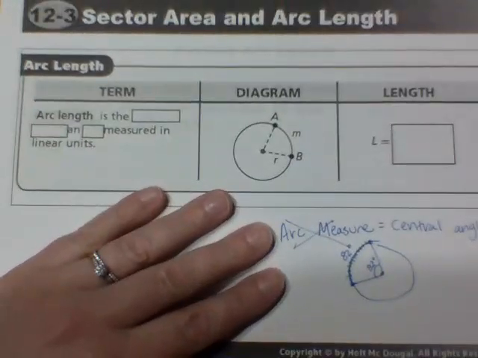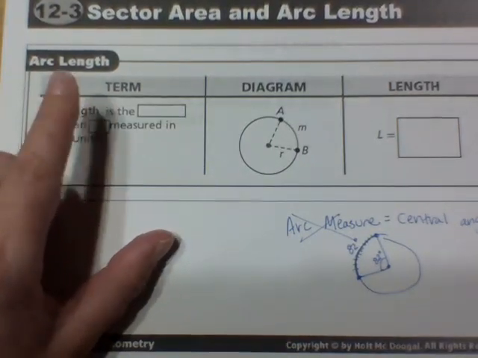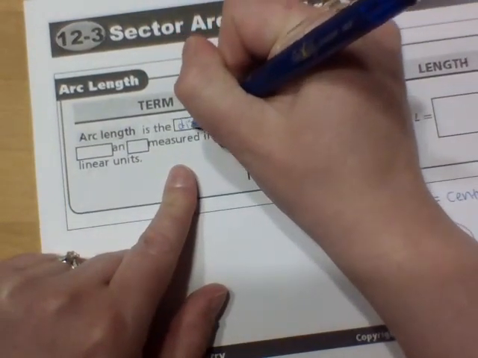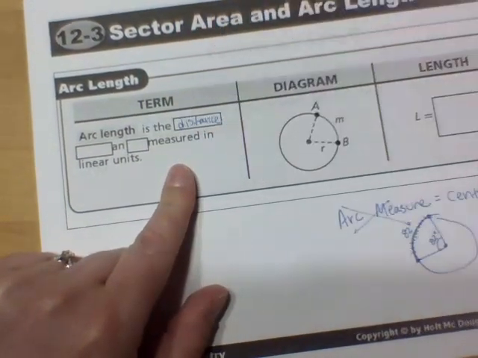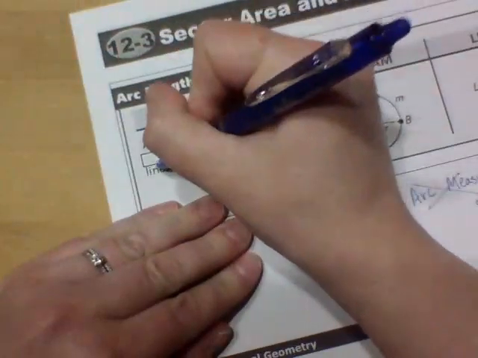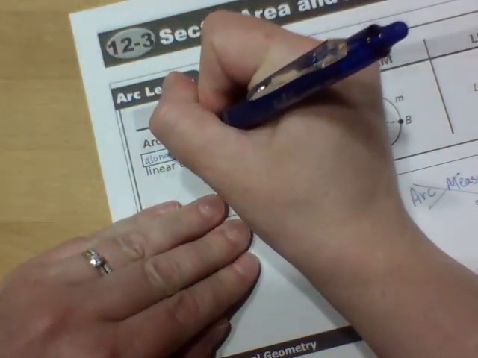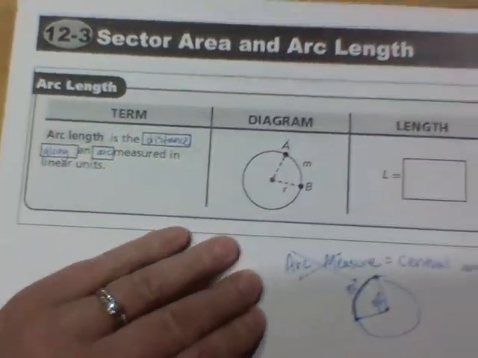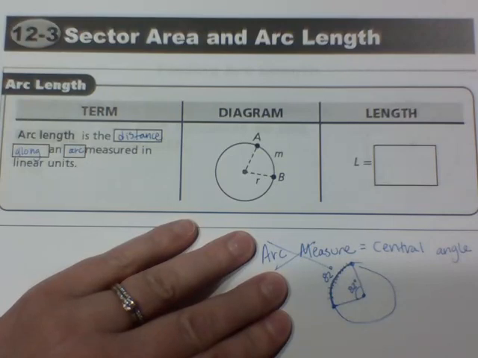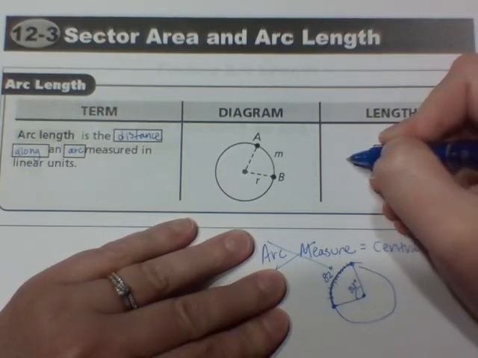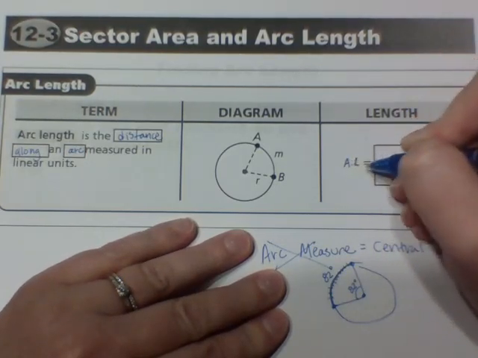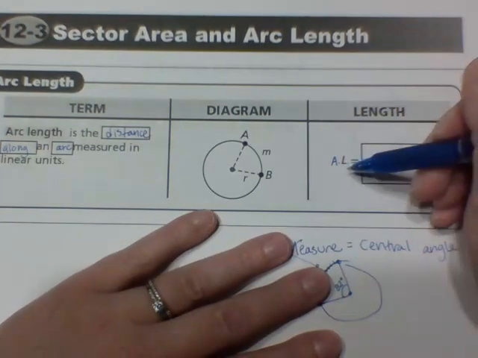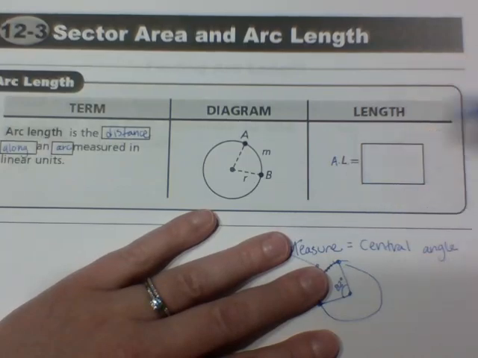So arc length is the distance along an arc, measured in whatever those linear units are. You'll find that I tend to also put an A for arc length, okay? But you can just do L, that's fine. I just don't usually like to put L because then it looks like length from